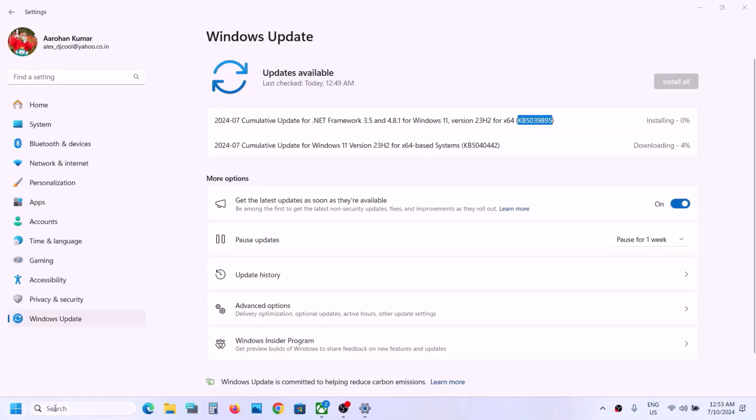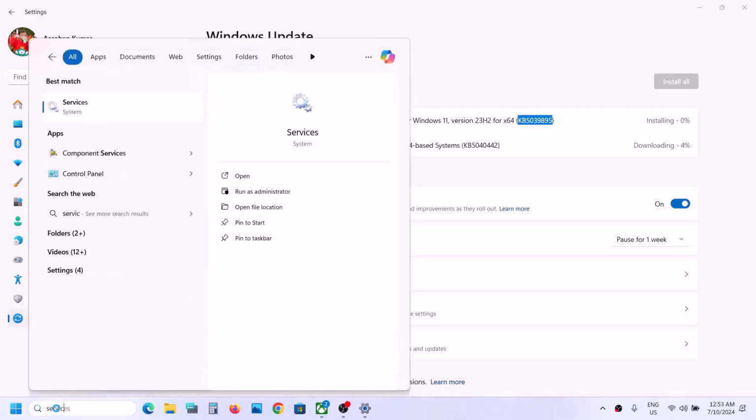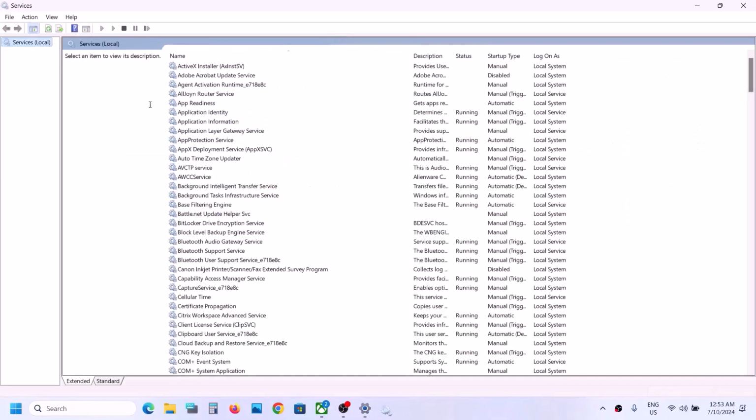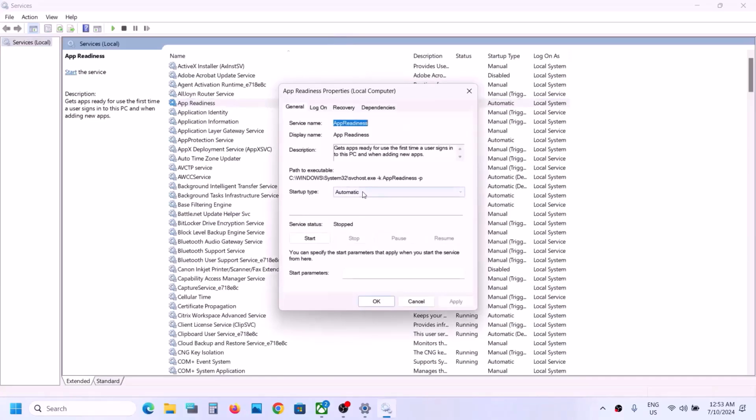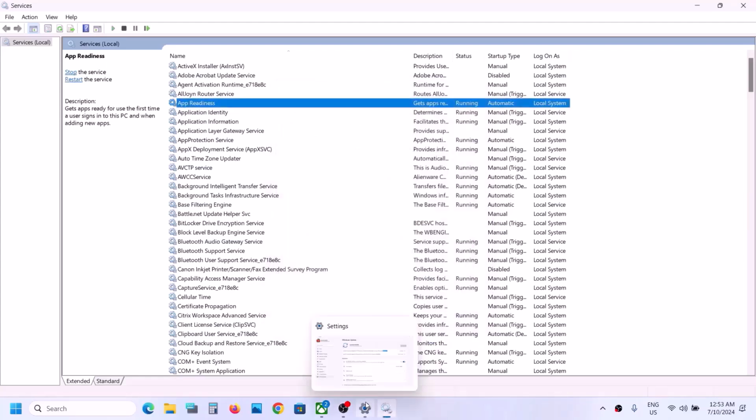Now, first of all, type in services in Windows search box and then click on services. And then over here, you can see app readiness. Make a double click on app readiness and then set startup type to automatic. Click on apply, click on start if highlighted, and then click on OK, and then try to update your Windows